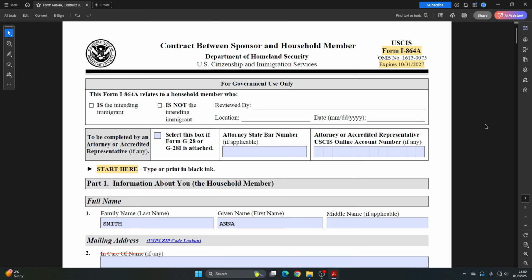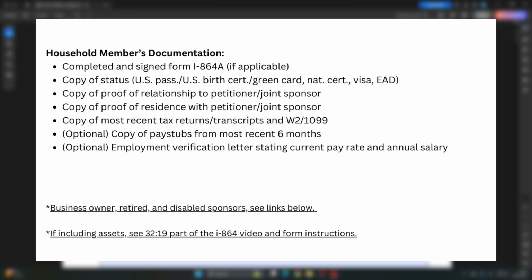Now let's talk about the evidence that is required for this form from you as a household member. We already discussed it in the form I-864 at the very end in the evidence section. I did mention, but let's review it again. The household member needs to, first of all, provide proof of their status in the United States, a proof of their relationship to the sponsor. That could be either your copy of marriage certificate, if you are the spouse of the sponsor. If you are a son or daughter of the sponsor who is at least 18 years old, you can provide